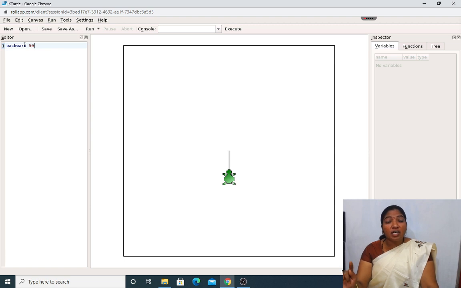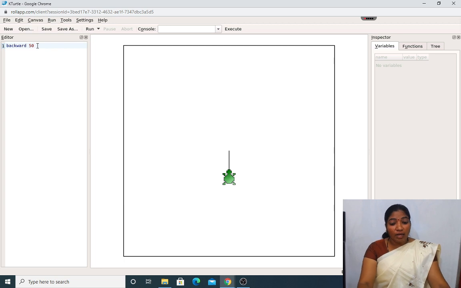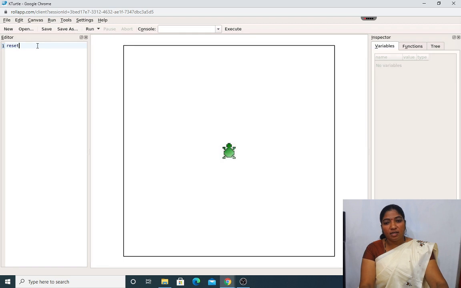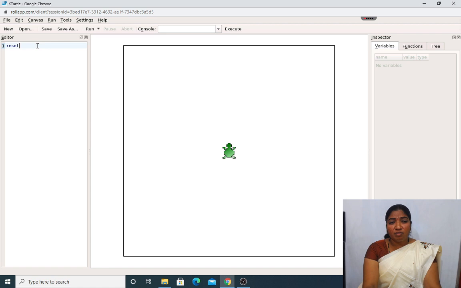It will not turn its head backward, but rather move in the same direction. The head of the turtle will always point upward; only the position changes, but its head will not change. Keep that in your mind, my dear students. Changing the head is done by one more command that will be discussed later. But see what the forward command and backward command are. Again I will press reset and it goes back to its original position. Here it is very interesting.